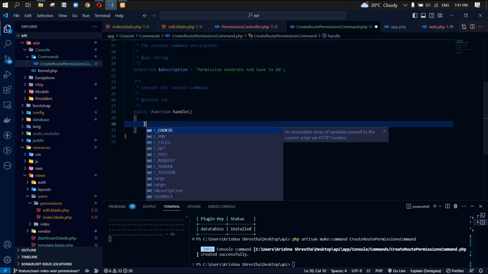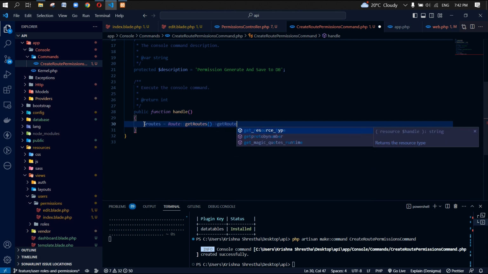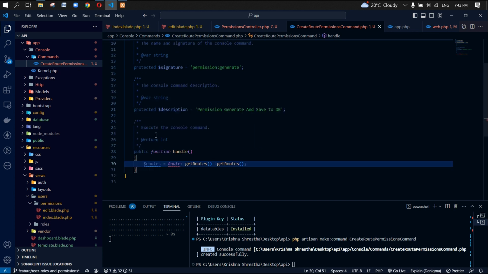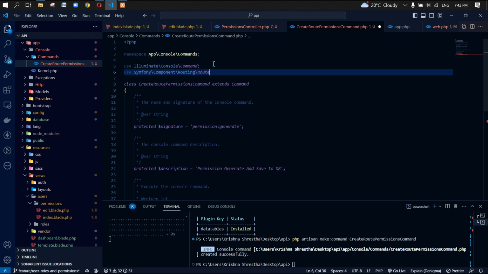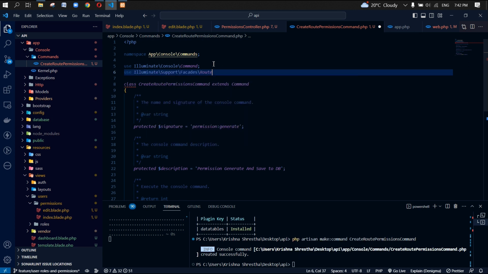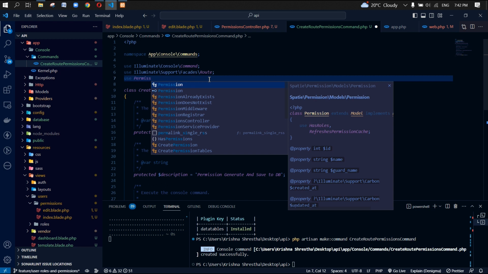So we'll create the new variable called routes and passing the value as Route::getRoutes, and then another function same as getRoutes. We need to implement this one, or we need to import. So let's import on the top Route from the facade, and also we are going to need Permission. So let's import the Permission from the Spatie,